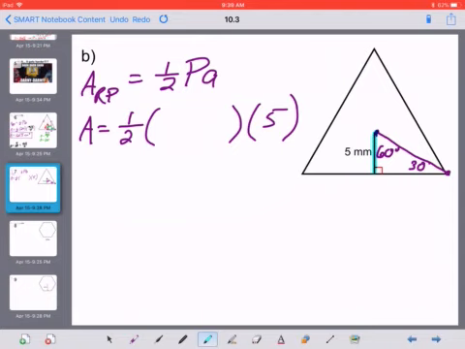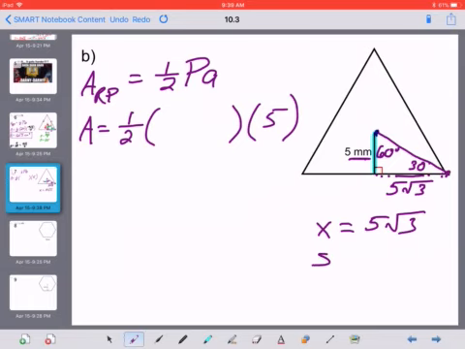Okay, so let's remember what we know about 30, 60, 90 triangles. If your short leg is 5, the long leg, which you need right here, is always this short leg multiplied by the square root of 3. So this little piece down here, what I usually call x, is 5 root 3. So if x is 5 root 3, then s, which is the length of the entire bottom side down here, is always going to be 2 times x. So 2 times the 5 root 3 is going to get us a 10 root 3